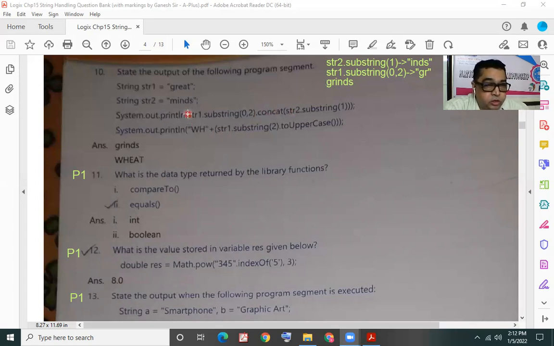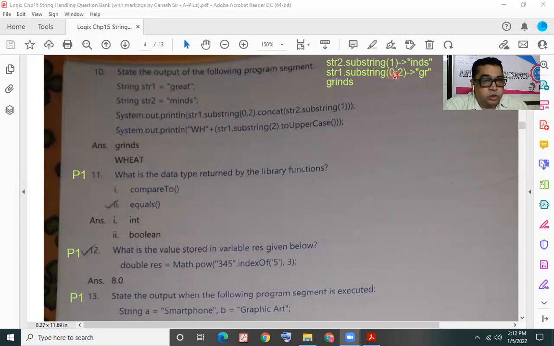Now what is that? We are going to evaluate str1.substring(0, 2), with arguments 0 and 2. That means from str1, we want to take the sub part of the string, starting from index position 0, going up to 2. When we specify end as 2, what we get would actually be up to index position 1. So we will get two characters, at positions 0 and 1, that is G and R.